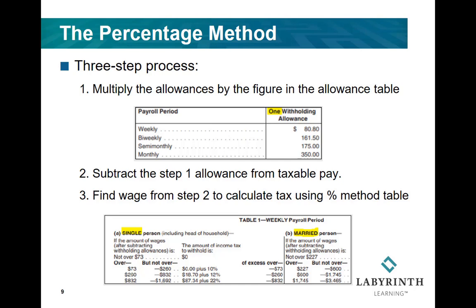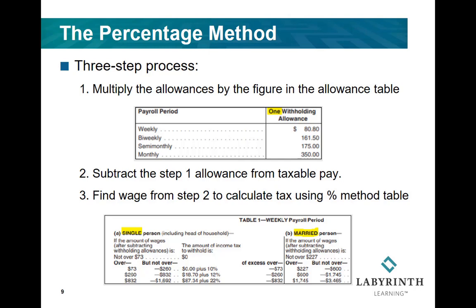Locate the percentage method table in the back of your book. In this table, on the left-hand side is the status for single. On the right-hand side is the status for married person. Then find the appropriate payroll period, whether it's weekly, bi-weekly, semi-monthly, monthly, and so forth. Look where the range is and find the taxable pay that falls in that range, and then do the calculation